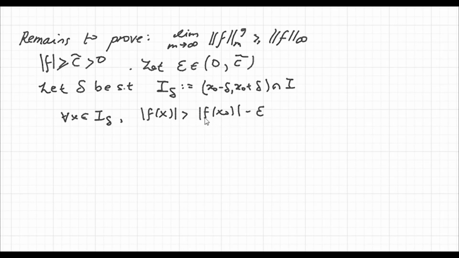So go through this in a bit more detail if you have to, but this is all just standard epsilon delta stuff. Cool, so that means that the magnitude of f of x is big in this interval here. Let's go back to what we have up here. Let's look at